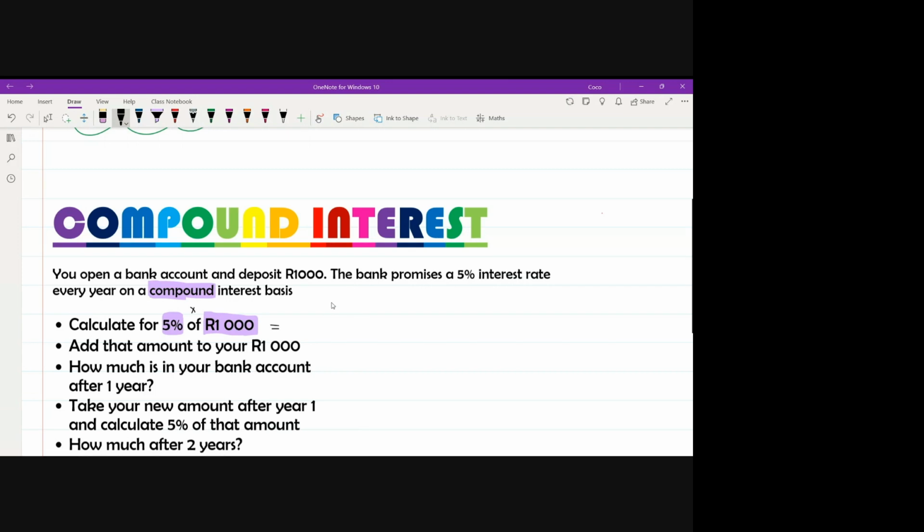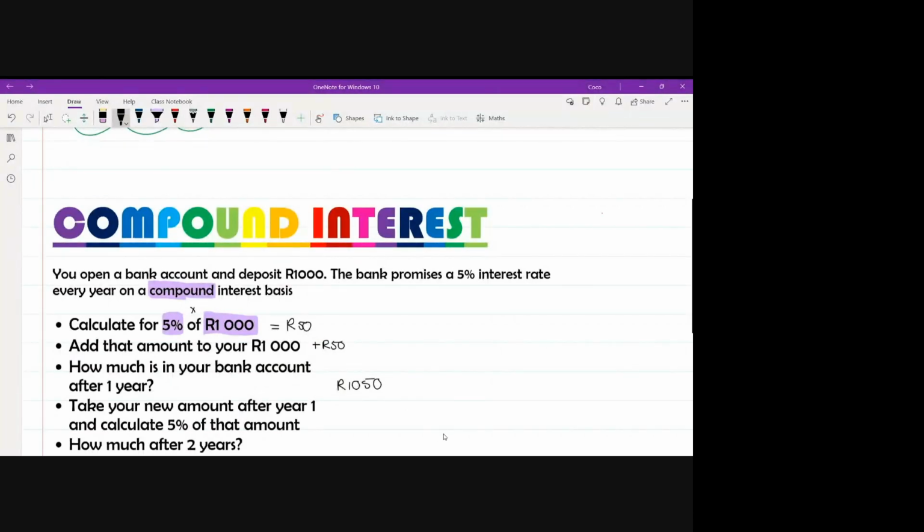All right. Do you have an answer for me? 50. Good. It's 50 Rand. Now, that's how much the bank gives you. So we're going to add that amount to our first 1,000 Rand. So we already had 1,000 Rand in our account. So we're going to add the 50 Rand the bank gives us to 1,000 Rand. So now in my bank account, I have